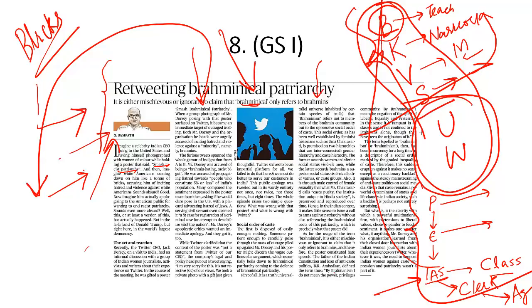B.R. Ambedkar said, by Brahmanism, I do not mean the power, privileges of Brahmins as a community. By Brahmanism, I mean the negation of the spirit of liberty, equality and fraternity. In that sense, it is rampant in all classes and is not confined to the Brahmins alone, although Brahmins are the originators of this. That is what G. Sampath says, that when the Twitter CEO posed with a poster, "Smash Brahmanical Patriarchy," it was not against Brahmins, it was against the ideology. It was against that ideology which treats others with contempt. That is what this issue is all about.